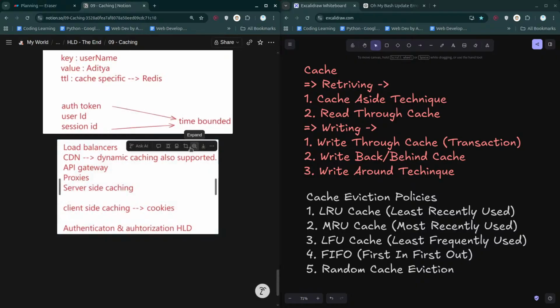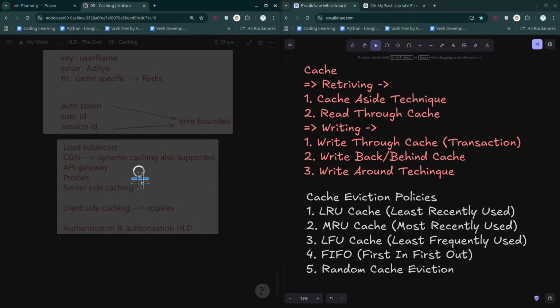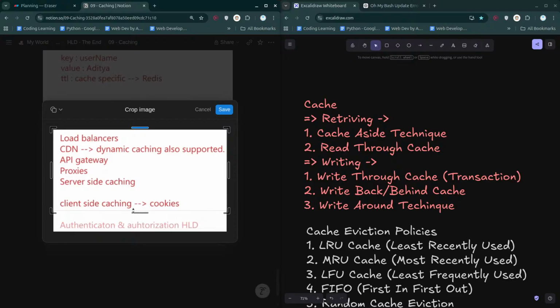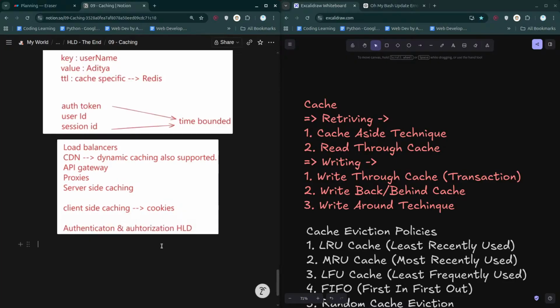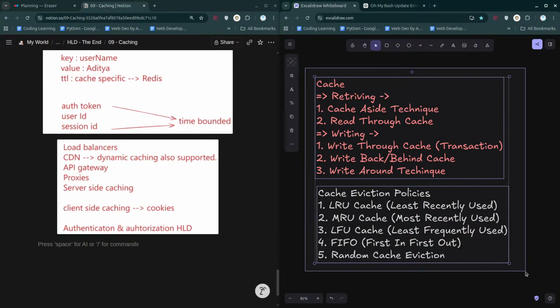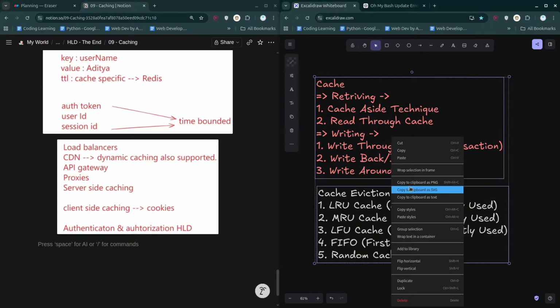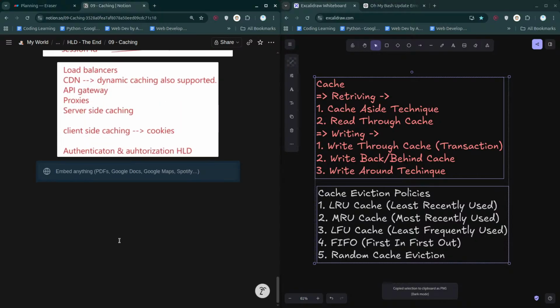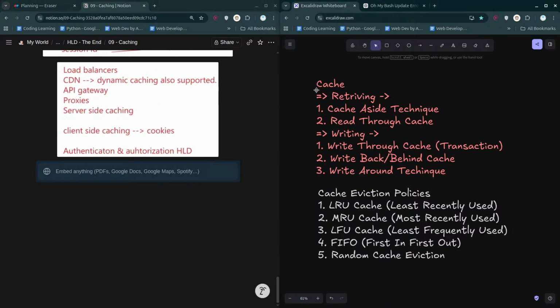So just a minute, let me just crop this because we are not really going through that thing right here. So this has been all about caching, and then we have three more things that we have to go through here. Okay, let me crop it here. So it is cropped, right? I hope so. And lastly, I have to get a PNG of this. This is the summary. So copy to clipboard as PNG. That's done, and let's simply paste it here. So hopefully it's going to be done.